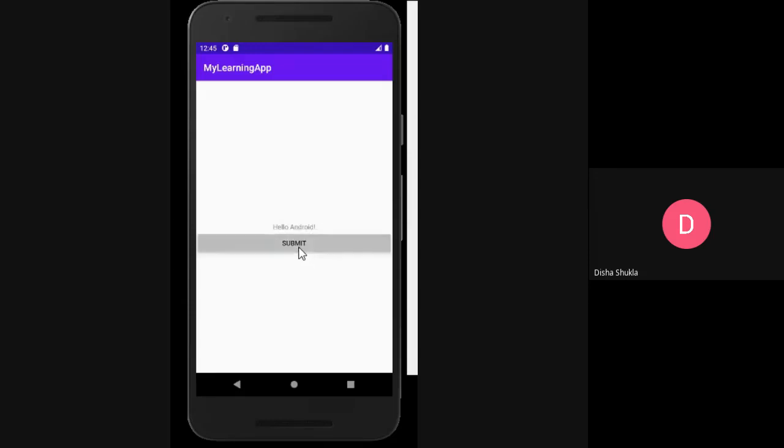Now if I click on this submit button, I'll be sent to another activity, and you can see here hello second activity, the second activity that we had, and the text view that we mentioned over there. Clear? Okay. So this is how you navigate from one activity to another using an intent.